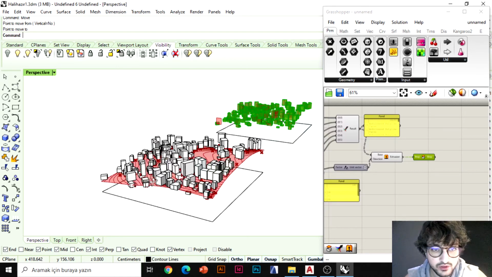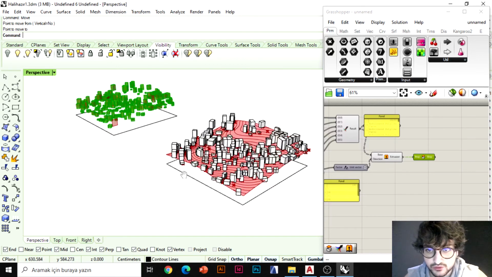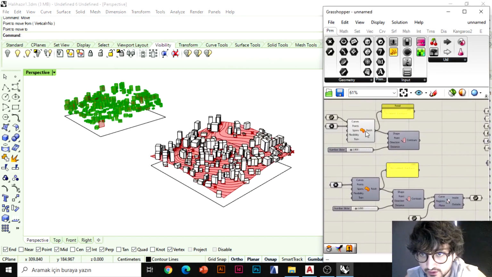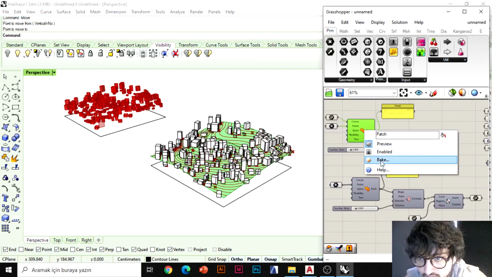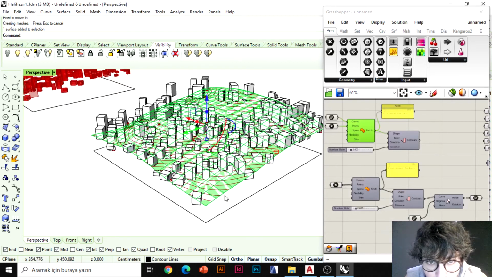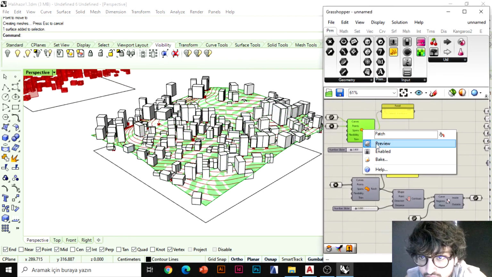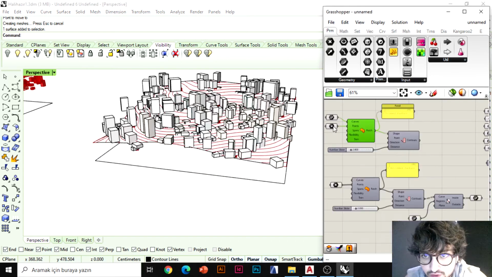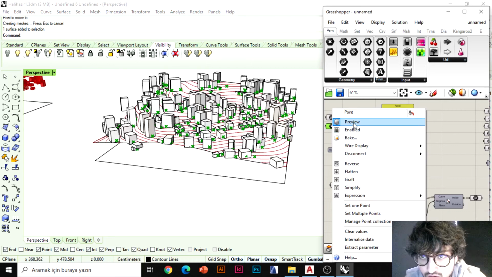Okay, now let's also make our topography. In here, we have got our path. I'm going to do that kind of thing. So now we have got our topography, so we don't need to see this anymore. And also, I don't want to see this point. So on preview,